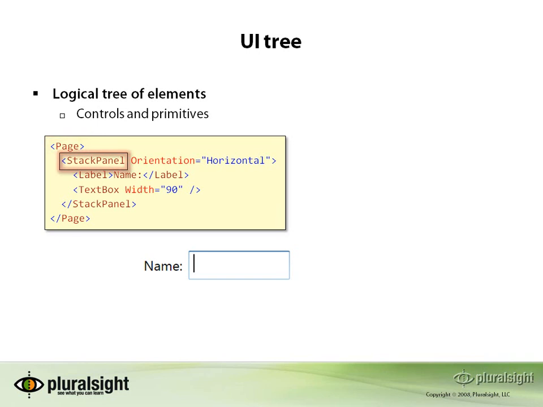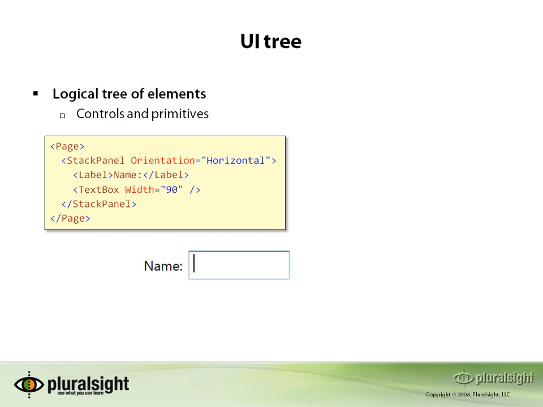This panel's job is to decide where its children appear. It arranges a label and a text box in a horizontal stack in this case. So it's still fairly simple, but slightly more evidence of tree structure, a root node with a single child which contains a couple of child nodes. However, if you consider what appears on screen, we clearly end up with more than the 4 elements shown here